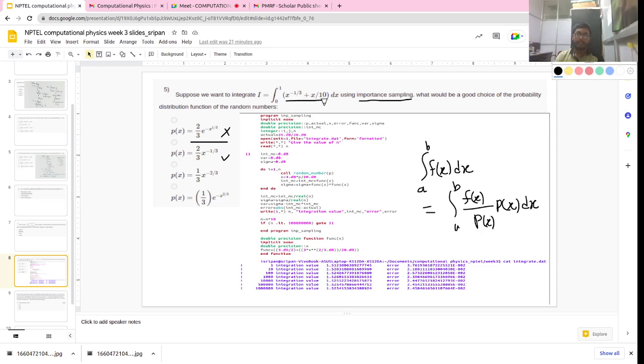If you are changing the variable, then if you take the derivative on both sides, it will be like minus 1/3 and what will it be,